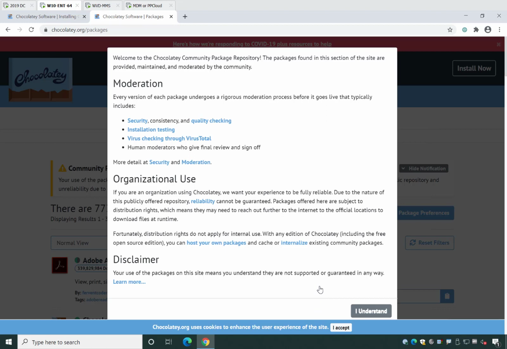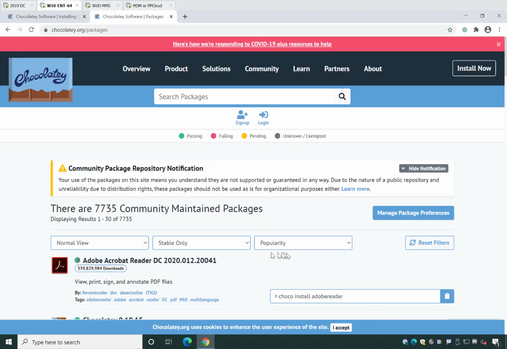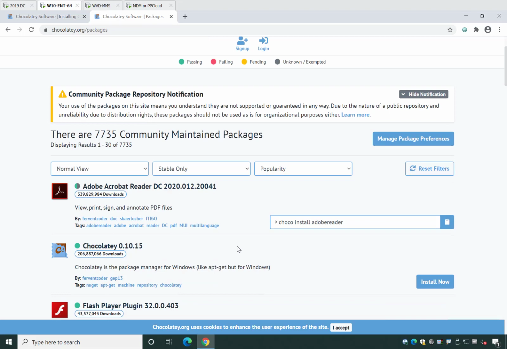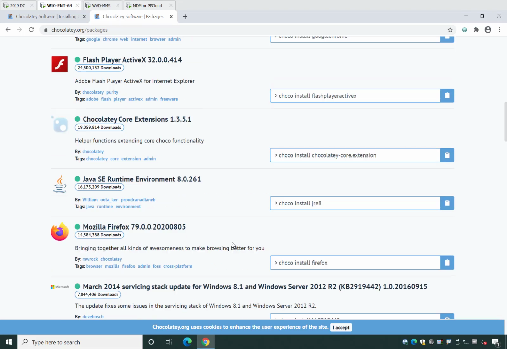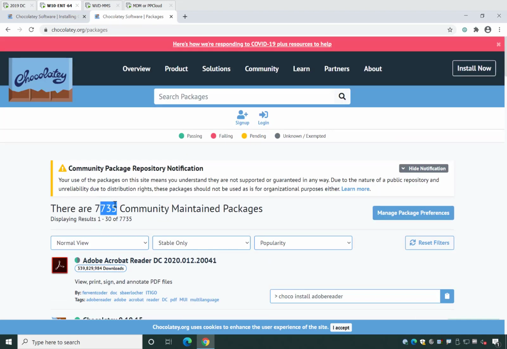If you don't know about Chocolatey.org, it's a bunch of applications that are pre-packaged and ready to rock. And I've got the screen up here demonstrating their policy that describes that each of the packages goes through a quality check with a human that verifies it and goes through VirusTotal and so on. That's pretty good. Of course, it may not be a perfect system. But I just want to put that out there and show you how I like to use it. Anyway, the point is that they have literally thousands of packages that you can choose from to actually deploy,